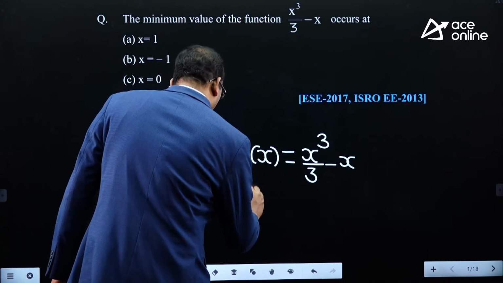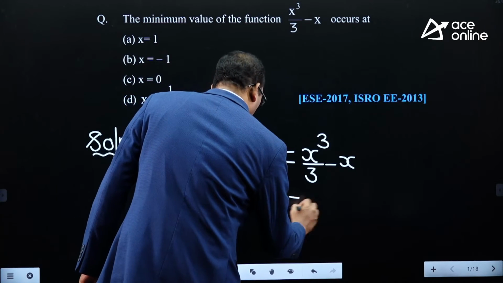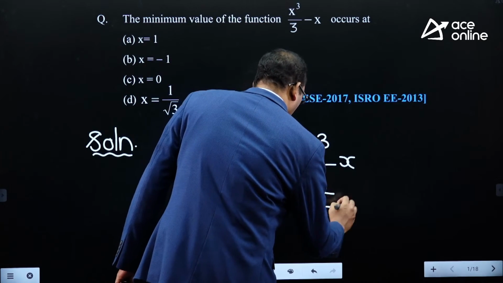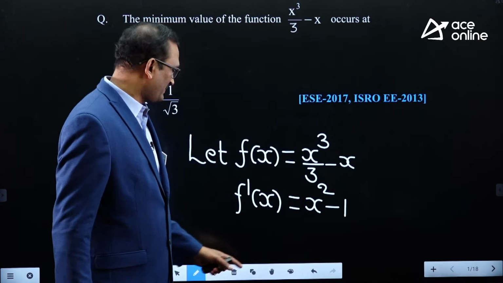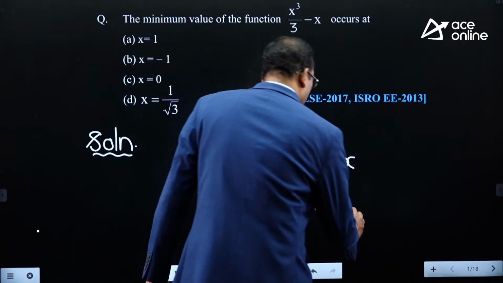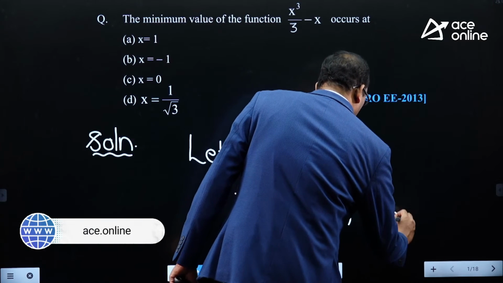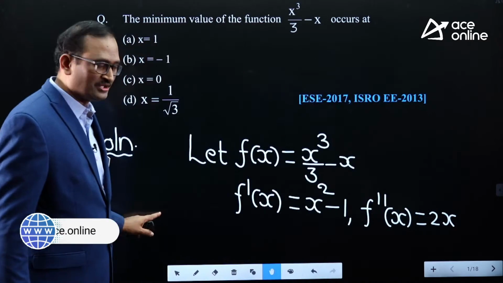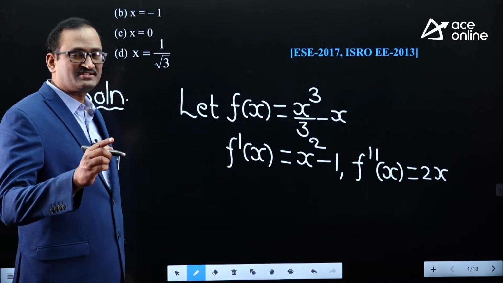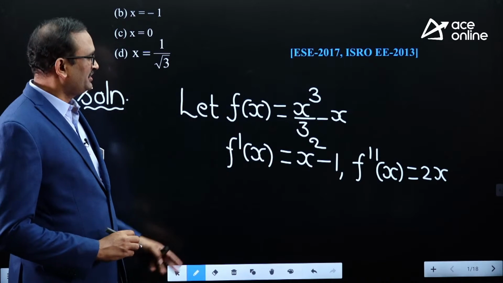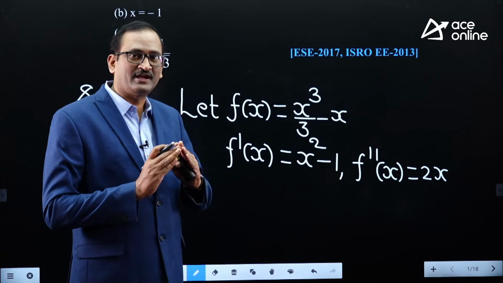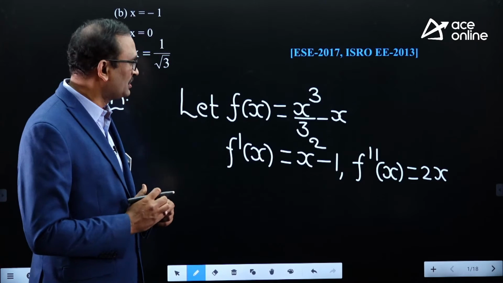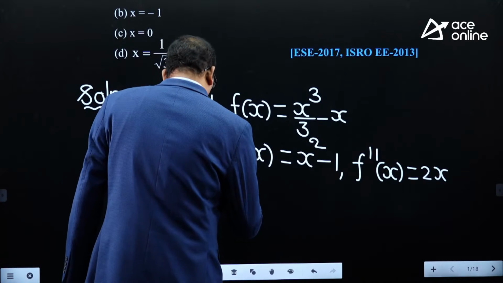So find the value of f dash of x: x cube derivative, 3x square by 3, minus 1, so that is x square minus 1. Similarly, you can find f double dash x as well. So f double dash x equal to 2x. Critical point means what? The point at which either f dash x is 0 or f dash x is infinity. F dash x cannot be infinity for any finite real value of x. So the other hope to find the critical point is the point where f dash x